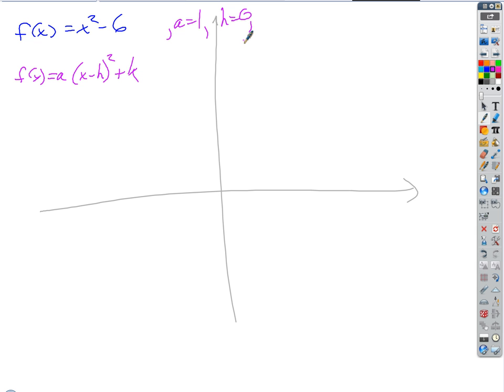And then finally, what's k? Negative 6. That's just the number that's added on the end, right? So k equals negative 6. So all we've got then is a parabola. 1, 2, 3, 4, 5, 6. It's negative 6 though, isn't it? So we've got this vertex down here at 0, negative 6, and this parabola is just going to open up, right? And it's not stretched, so it goes over 1 and up 1, back 1 and up 1. So it looks like